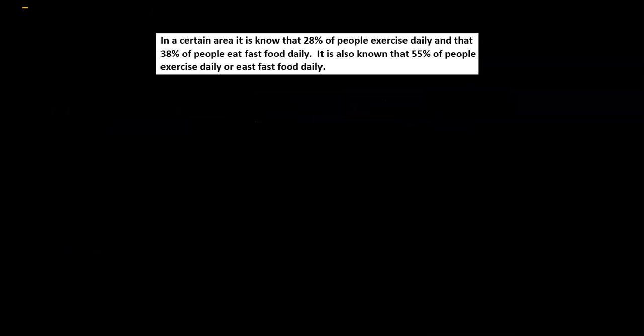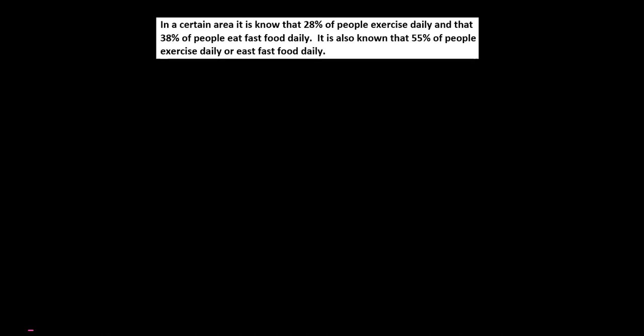All right, let's look at another problem here that obviously kind of gives kids a lot of fits. In a certain area, it is known that 28% of people exercise daily. Great, awesome. And 38% of people eat fast food daily. Okay, great. It is also known that 55% of people exercise daily or eat fast food daily. Now I could ask you a whole bunch of questions with this, but one question that you're probably going to see is, hey, what's the probability that you exercise daily